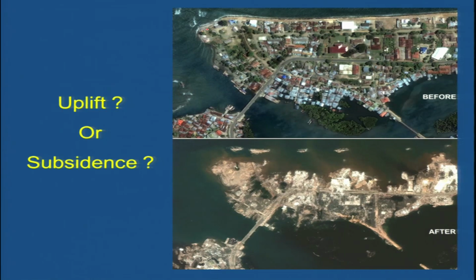So you can see here, as in the previous slide, when the island gains land, it means there is uplift, and when it loses land, it means there is subsidence, and subsidence causes submergence, because sea level rises and the shoreline moves towards the inland, due to which an island loses its area or land.